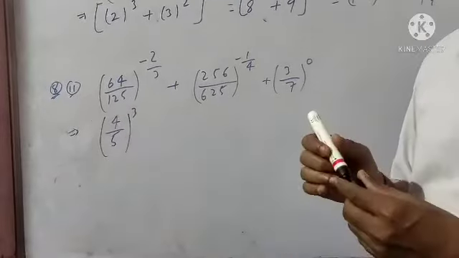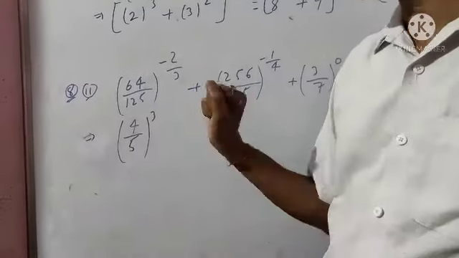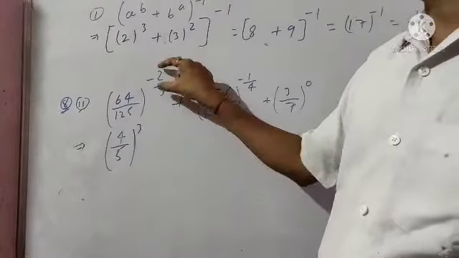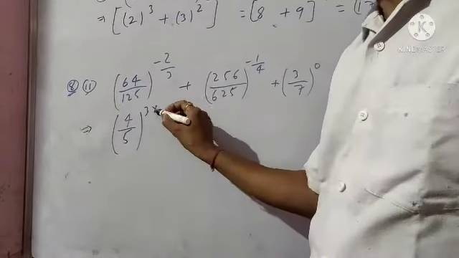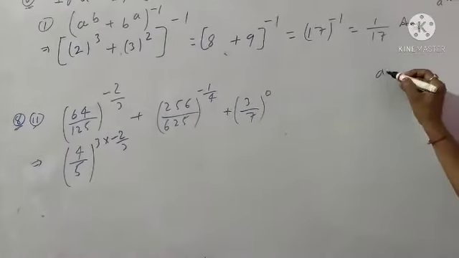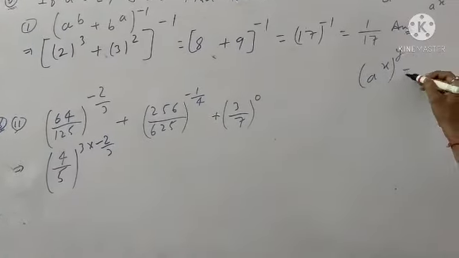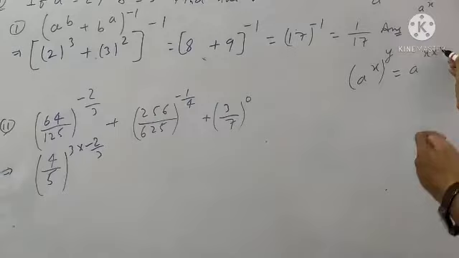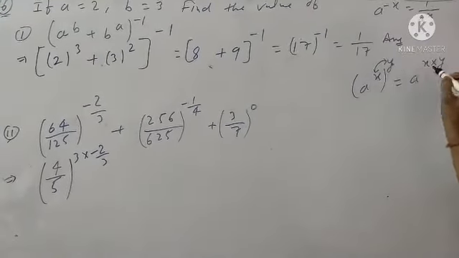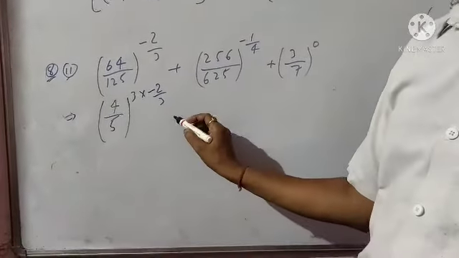Look at here, 4 divided by 5, that means 4 to the power cube, 4 cubed is equal to 64, and 5 cubed is equal to 125, and the power is -2 by 3, that means this power is multiplied here, 2 by 3. In which property student? We know that a to the power x and the whole power is y, then we can write a to the power x into y. If power to the power, that means both are in the form of multiplication. Okay, so 3 into -2 by 3 plus